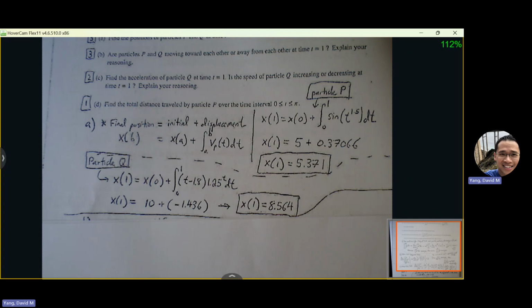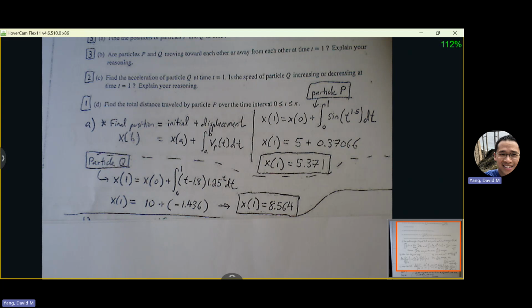We can't just assume one's positive and the other's negative, that means they're going to go away from each other. If they're to the left or to the right of each other, it really depends where they are in terms of whether they're moving towards or away. So we already know their locations on the x-axis, but we also need to find their direction of motion. So let's find their velocity at 1.